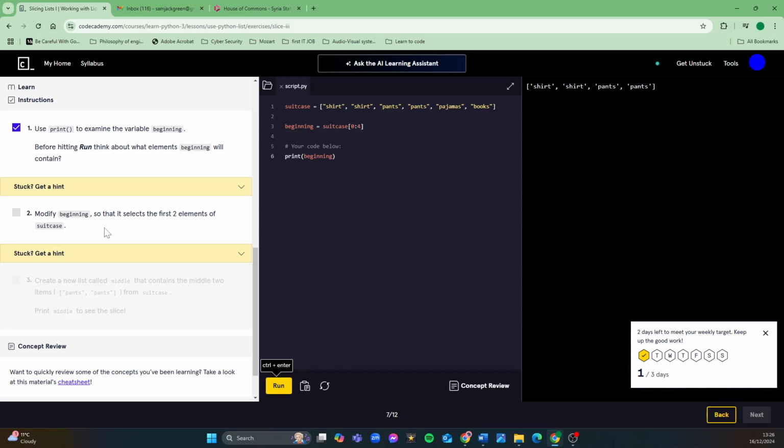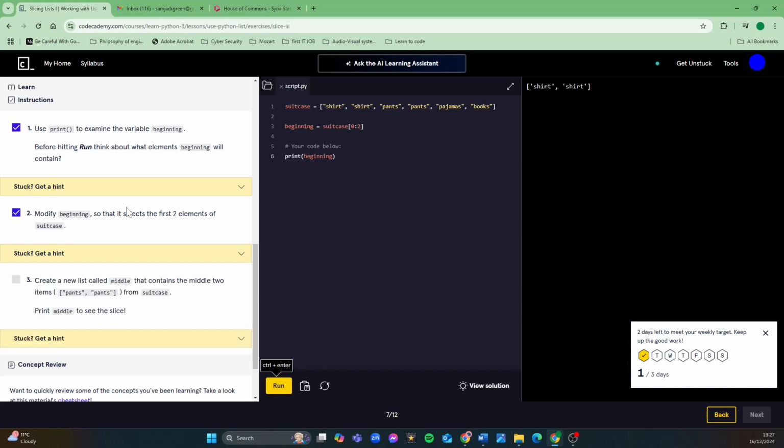2. Modify beginning so that it selects the first 2 elements of suitcase. Well, all I'm going to want are the 0th and 1st element, and I need to name an unwanted, a sample of what I don't want, so that will be the 2nd element. So 0:2, run,